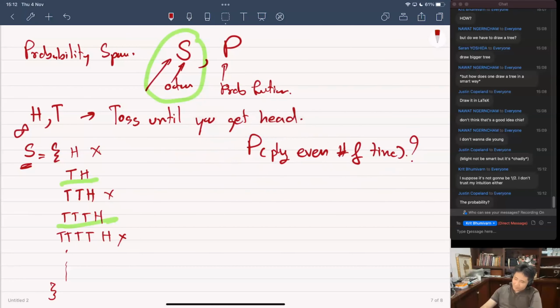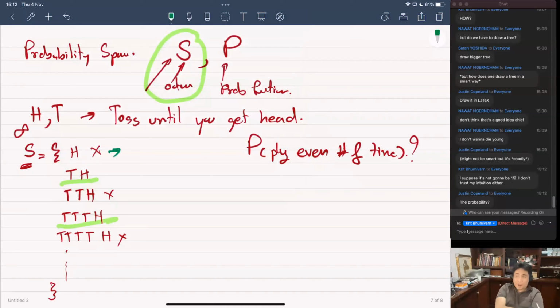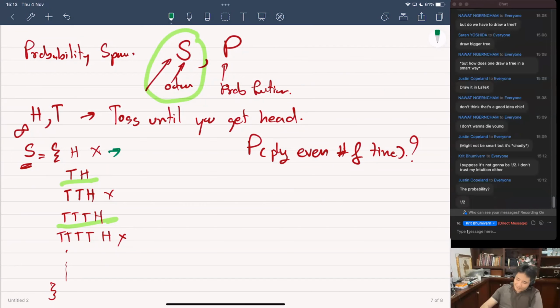The associated probability: what is the probability that they're going to toss heads the first time? If the coin is fair, it's a half, right? So the associated probability of this is, no, not a fourth, a half. And the next one is a fourth. This is an 8, this is a 16, this is a 32. That sounds familiar, right?